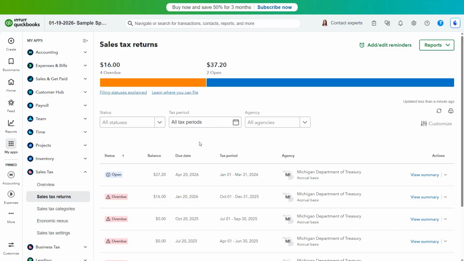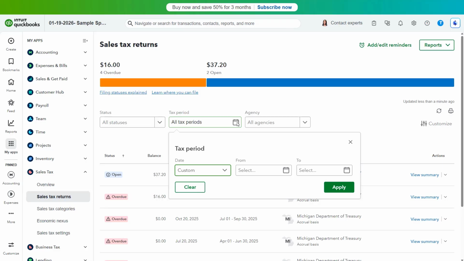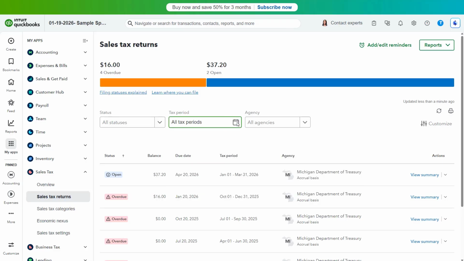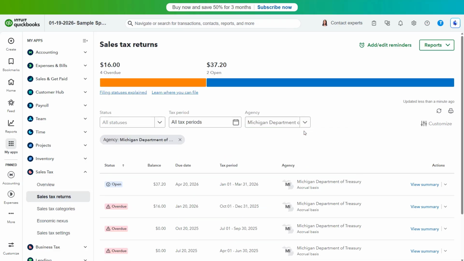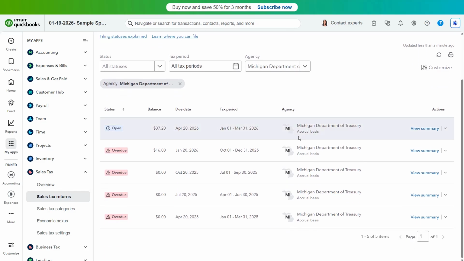To show sales tax return information for a selected sales tax return status, a selected tax period, or a selected tax agency, select the desired status from the Status drop-down, the desired period from the Tax Period drop-down, and/or the desired agency from the Agency drop-down. Information about the sales tax returns for the selected statuses, periods, and agencies then appears in a list at the